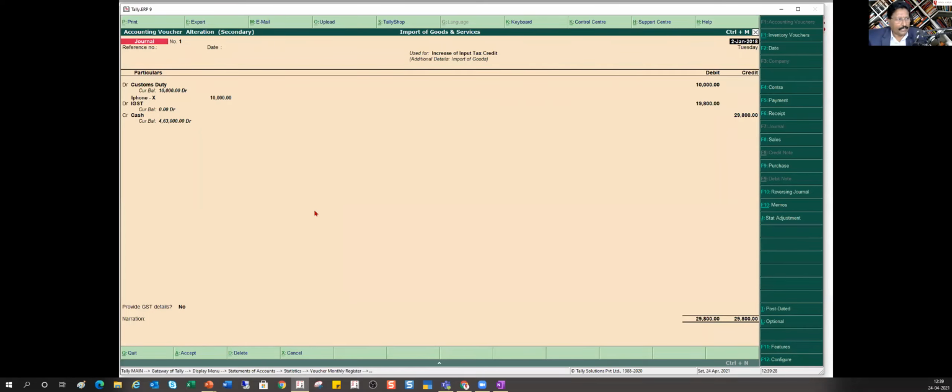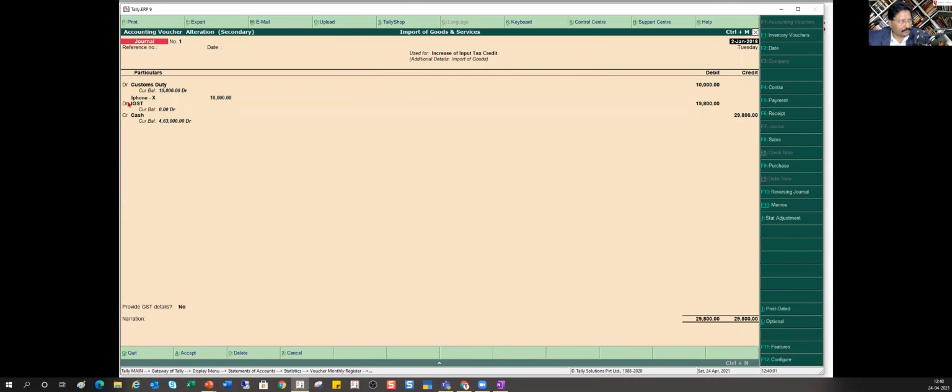So what I'm doing, I'm going to make a payment towards my custom duty. 1 lakh was my original purchase value. So 10% is the custom duty on that. 10% is 10,000 is the custom duty, right? And IGST needs to be paid on my custom duty as well as my original import value, whatever is the value that the custom duty is going to assess and then put it. Okay. So this is my IGST.